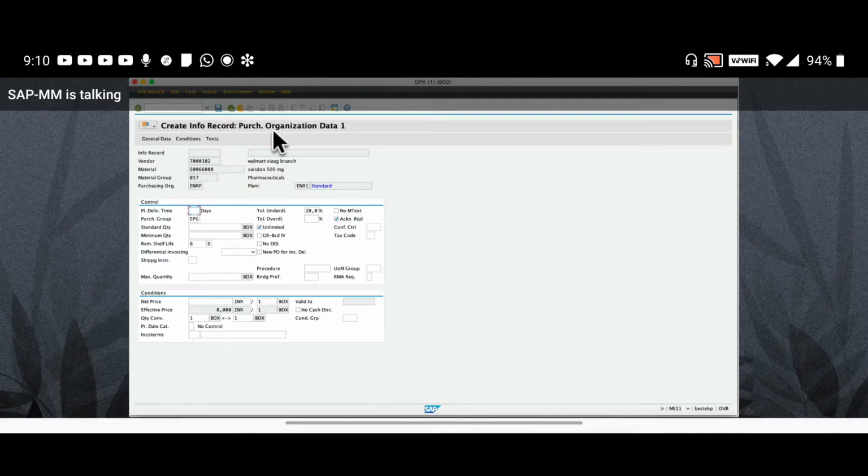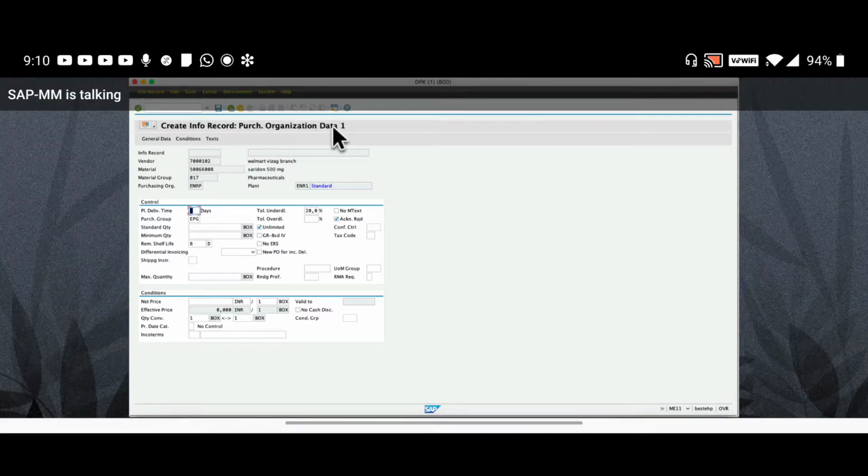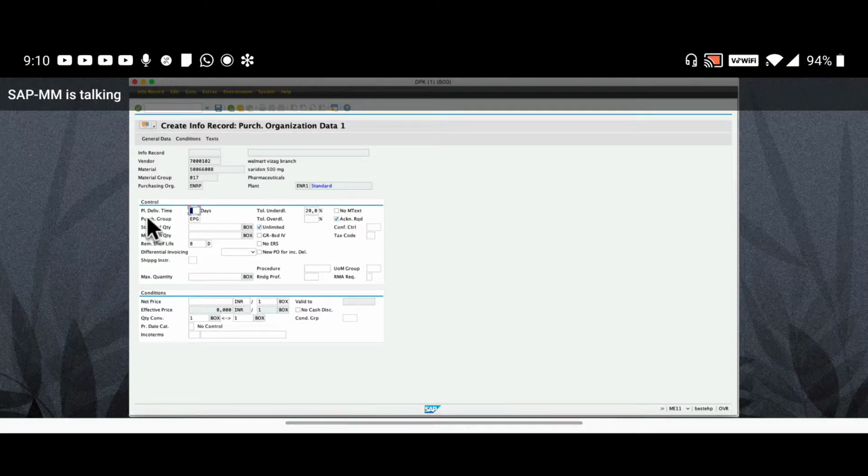And right on the next tab, info record purchase organization data tab. Here, first field is planned delivery time.